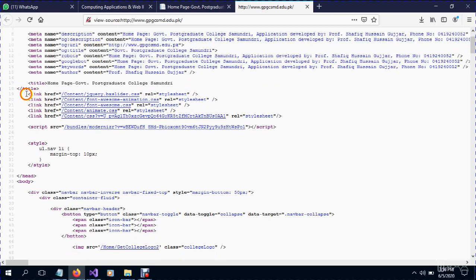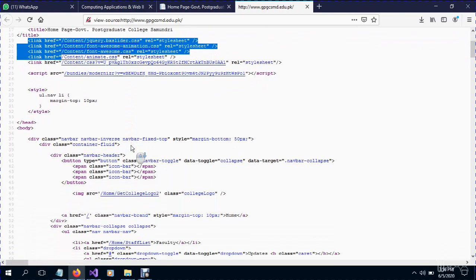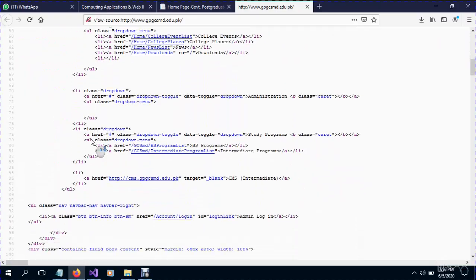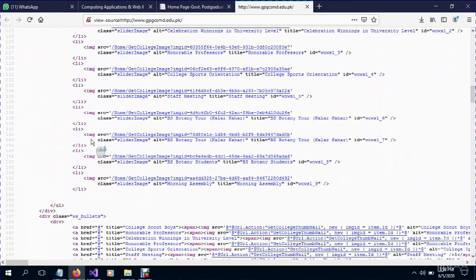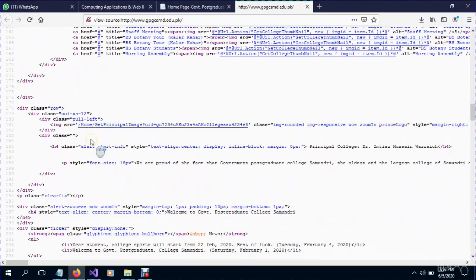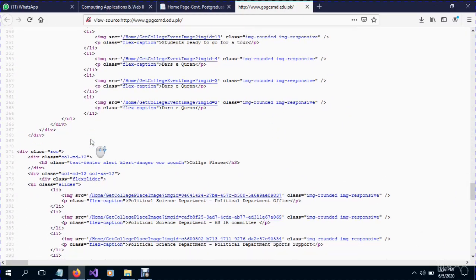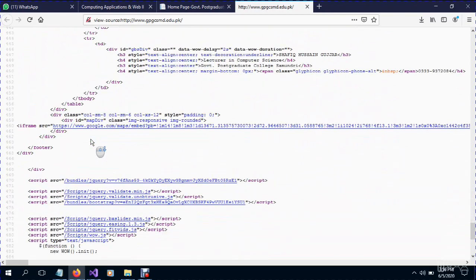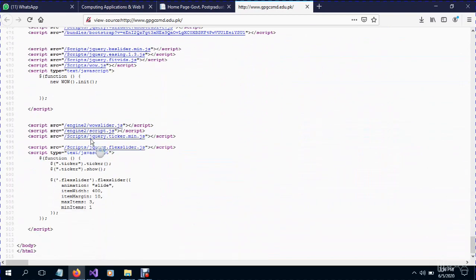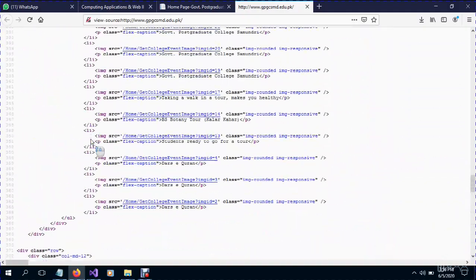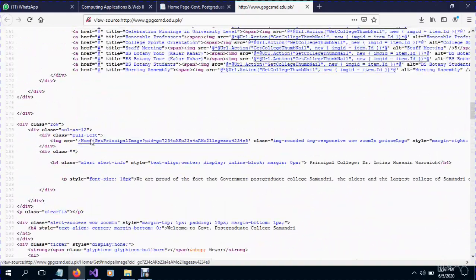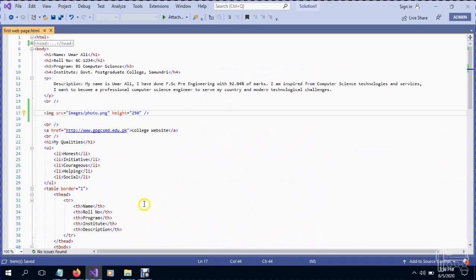Then we have title, then we have different links to external files, then we have a body, and the body contains some hundreds of lines, and there are also many links. Now this is a full-fledged and comprehensive web page that contains multiple things, but for the sake of simplicity, at a basic level I am telling you about some basic elements of HTML.